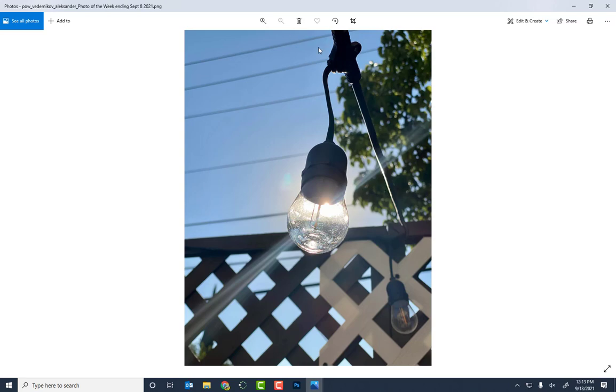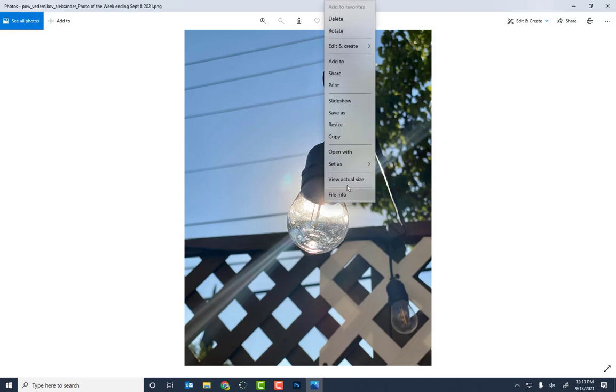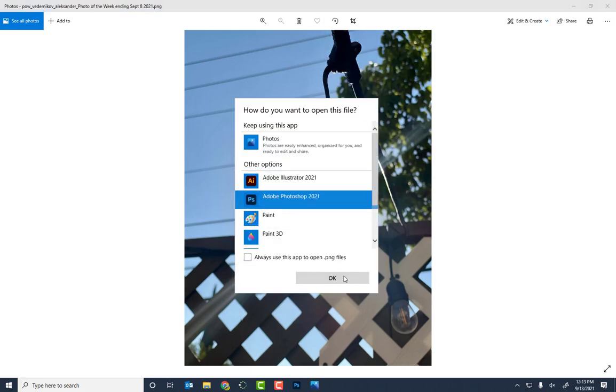At first, I was just looking at the light, and it seemed like it was up against a house with maybe wood or vinyl siding or whatever. Then I thought, no way, those are power lines. All right, but it's pretty cool with the light in here. And again, you can open with Photoshop,